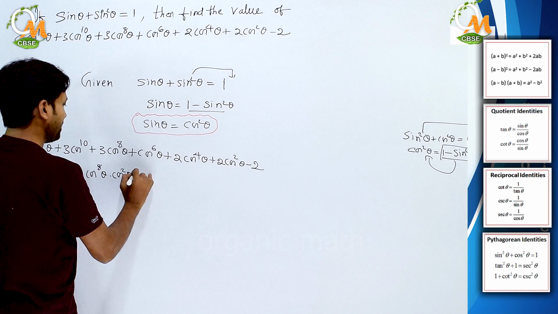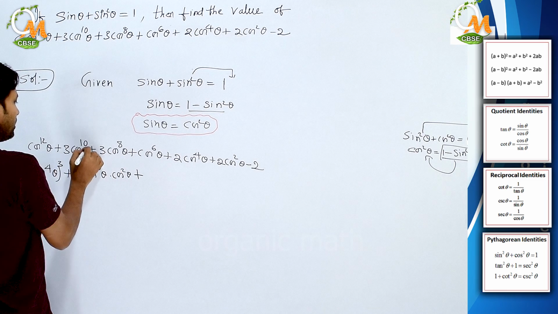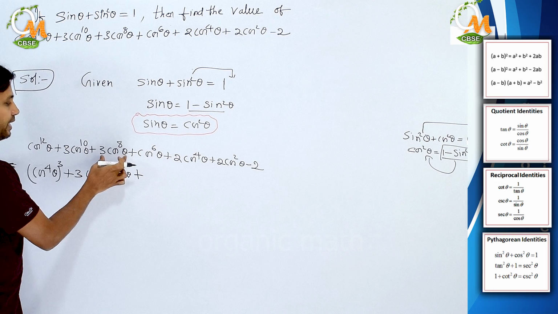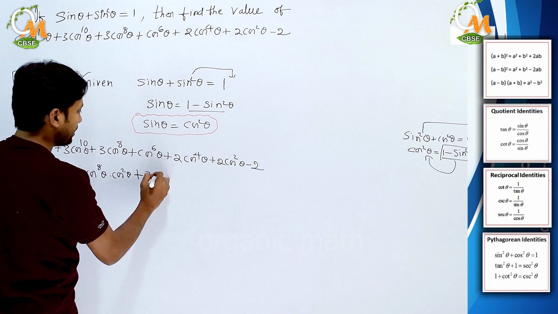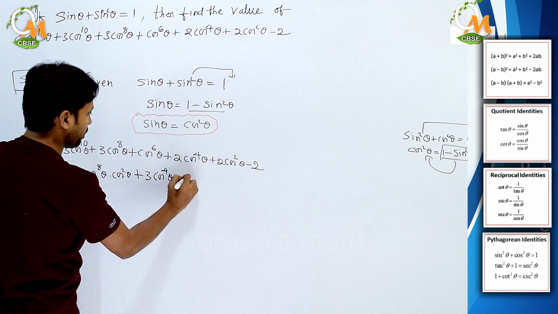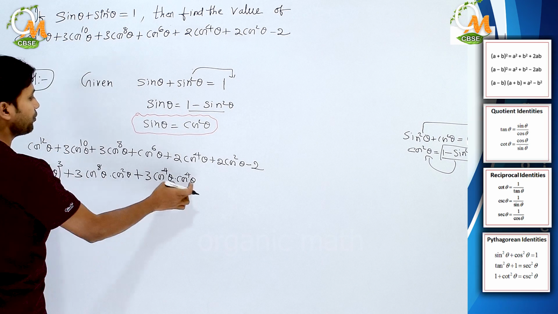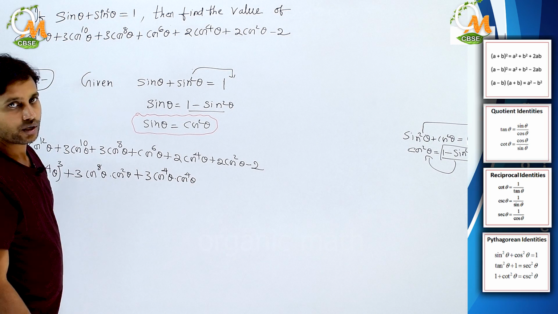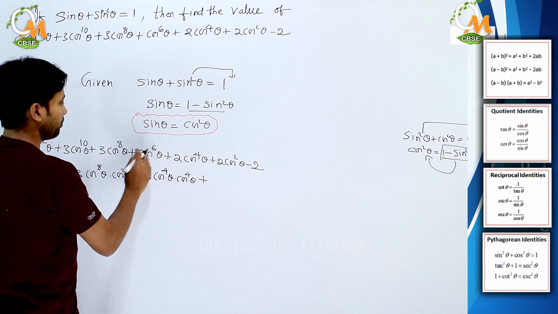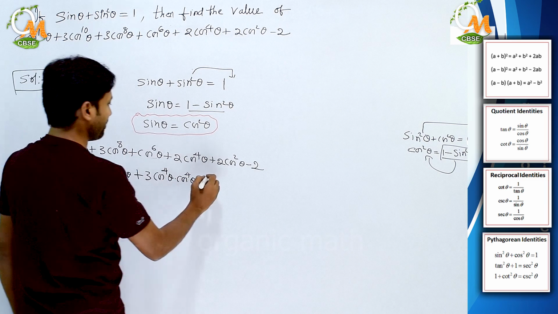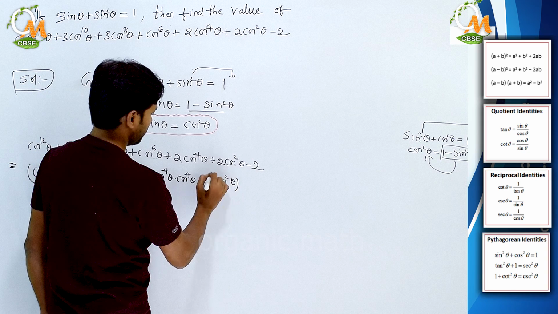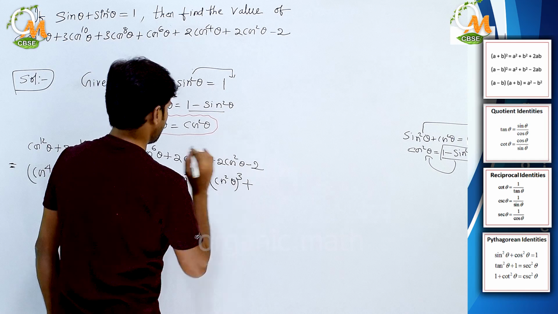Now this expression, 3 cos^10 θ, we have split like this. Now 3 cos^8 θ, how to write it? I want to split it into 3 cos^4 θ into cos^4 θ. Can we split in this way? If you multiply these two, power 8 will come. Next, cos^6 θ can be rewritten as (cos² θ) whole cube.